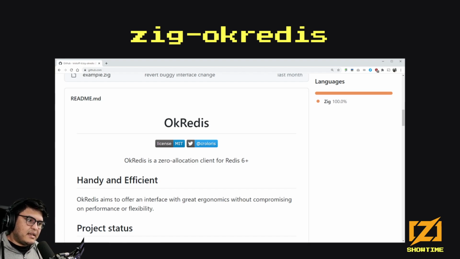OK Redis, as I said, is a client library. It just uses this stuff that the networking part of the standard library offers. I don't use suspend or resume anywhere in this code base. It's just normal async await. It's not that different from what you would write in Python. Not exactly the same, maybe. As I said, maybe a little bit more understanding, but not the complete understanding of how everything works.